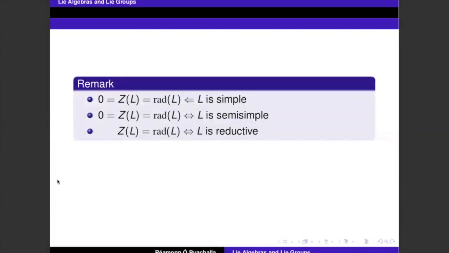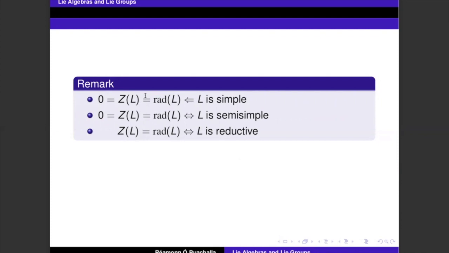Let's put that in a table. So this is basically a very good way to remember what we proved in the previous slides. Normally, for a general Lie algebra, we have this inclusion. But these three, simplicity, semi-simplicity, and reductiveness,